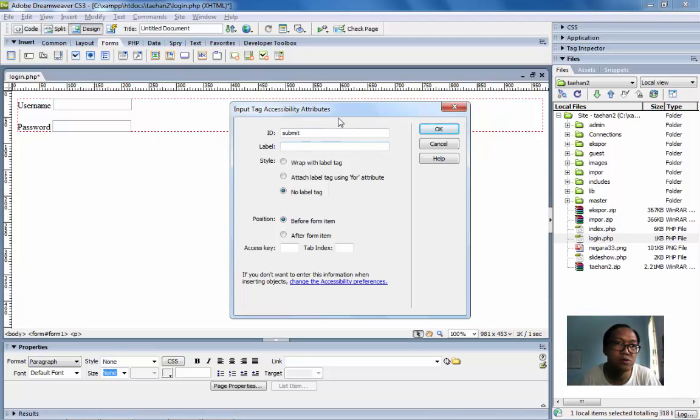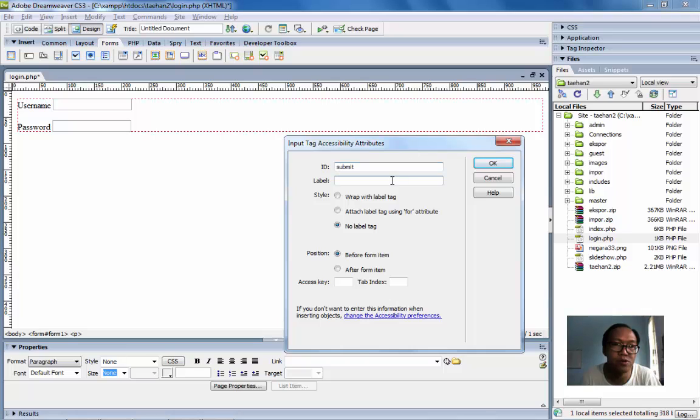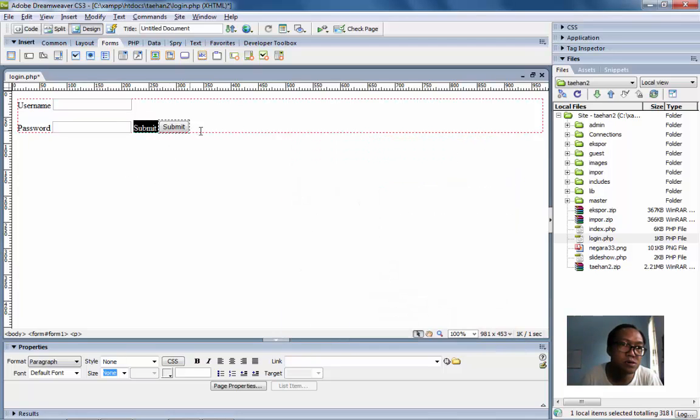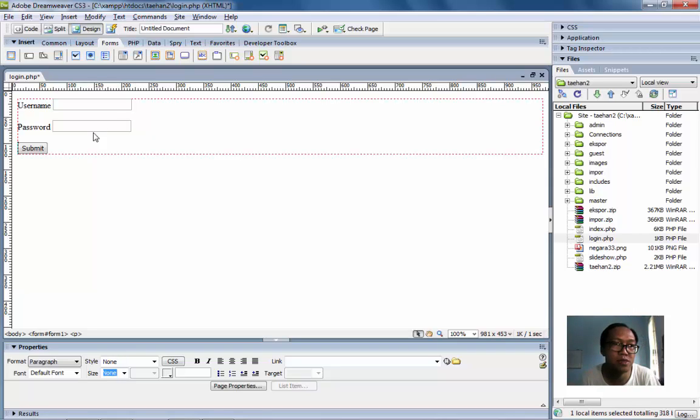You don't use a label for it, because if you use a label, you will see a label on this button for the submit. We don't need that, so we can delete it, and then press enter. Now we have a login page.